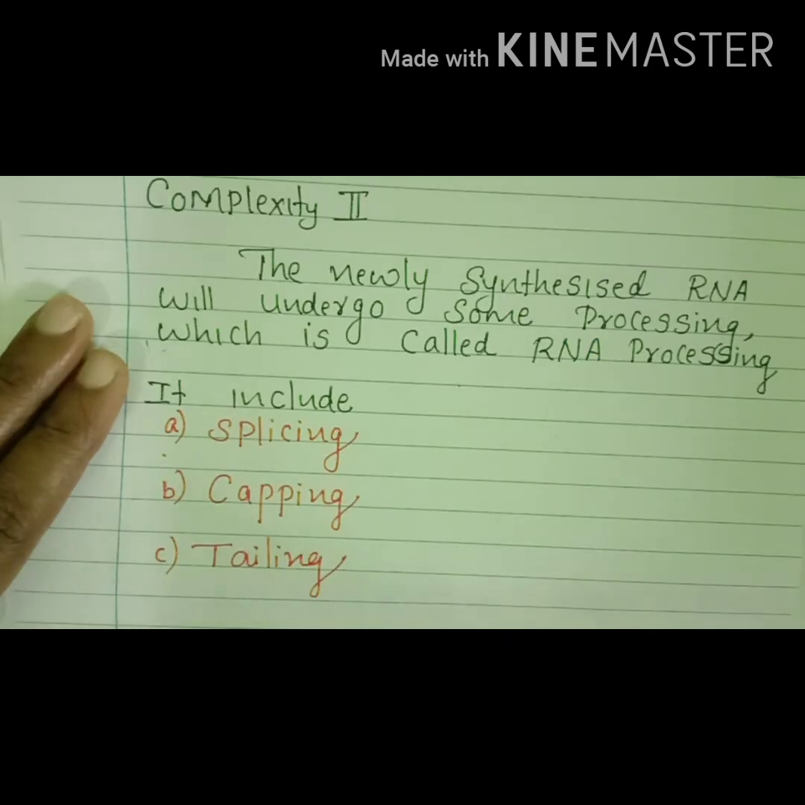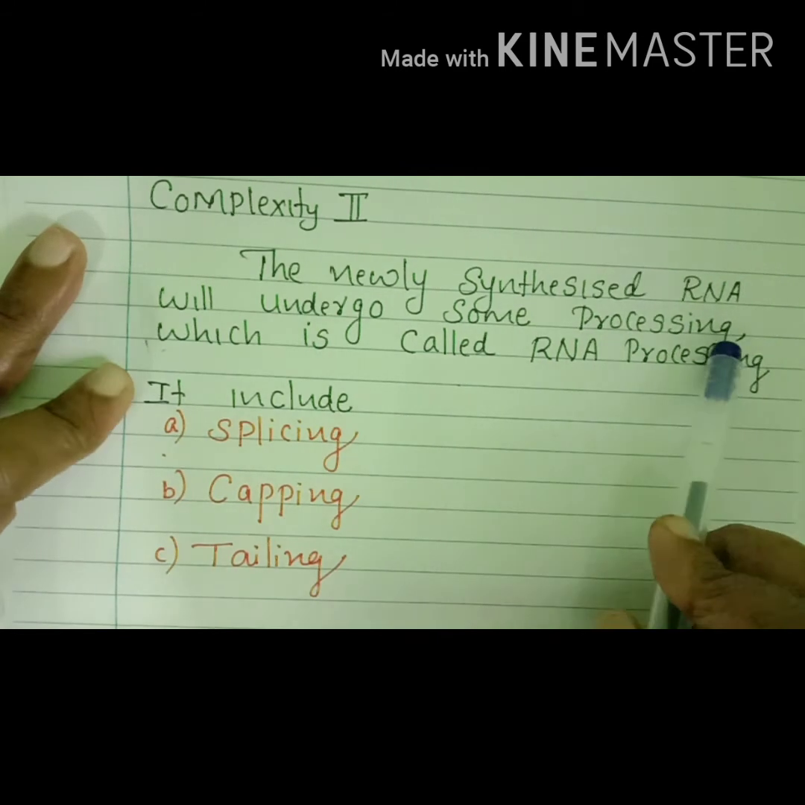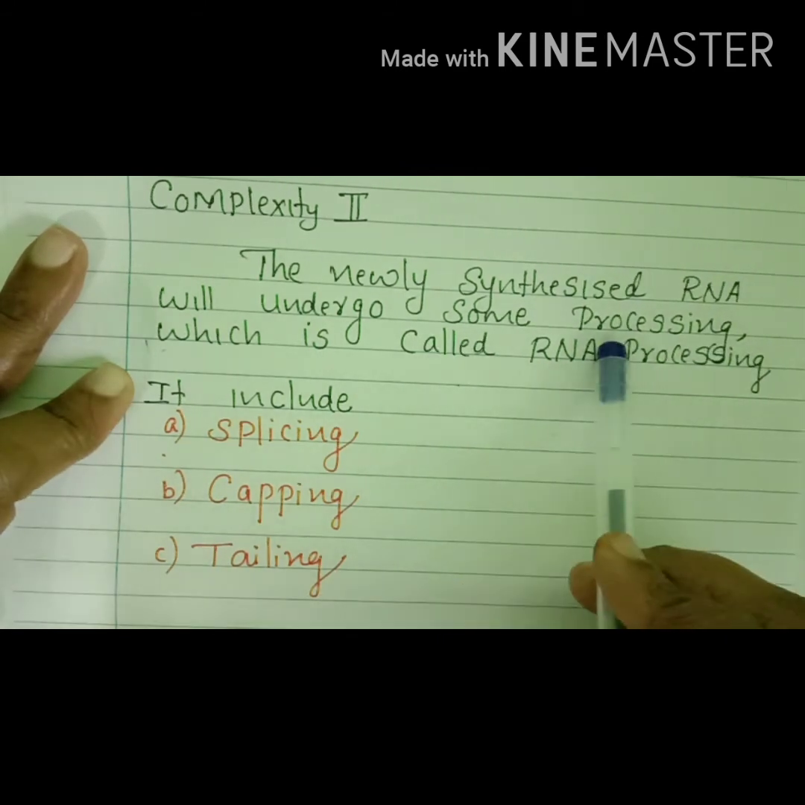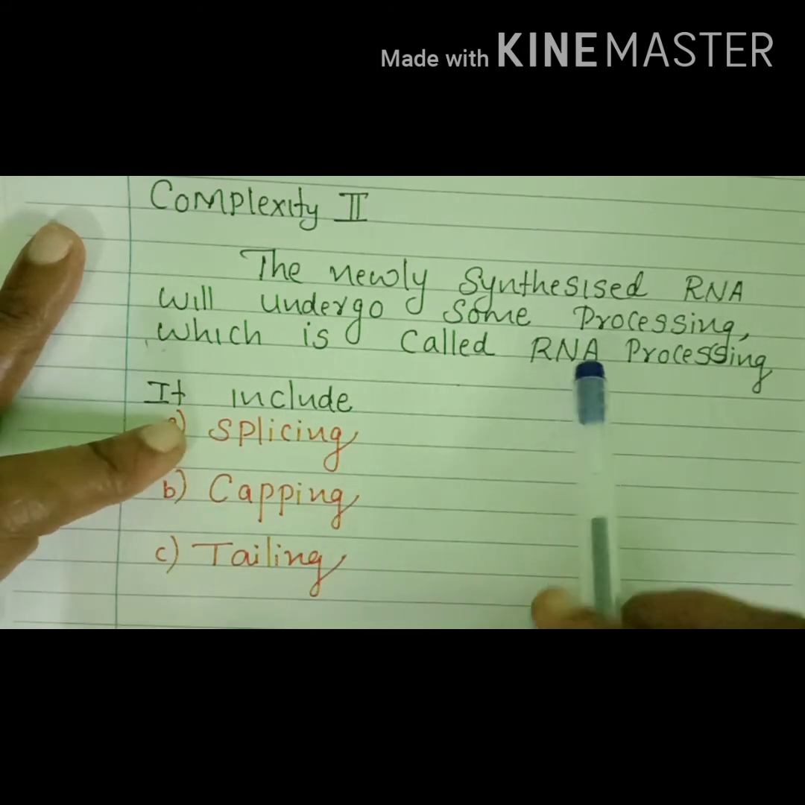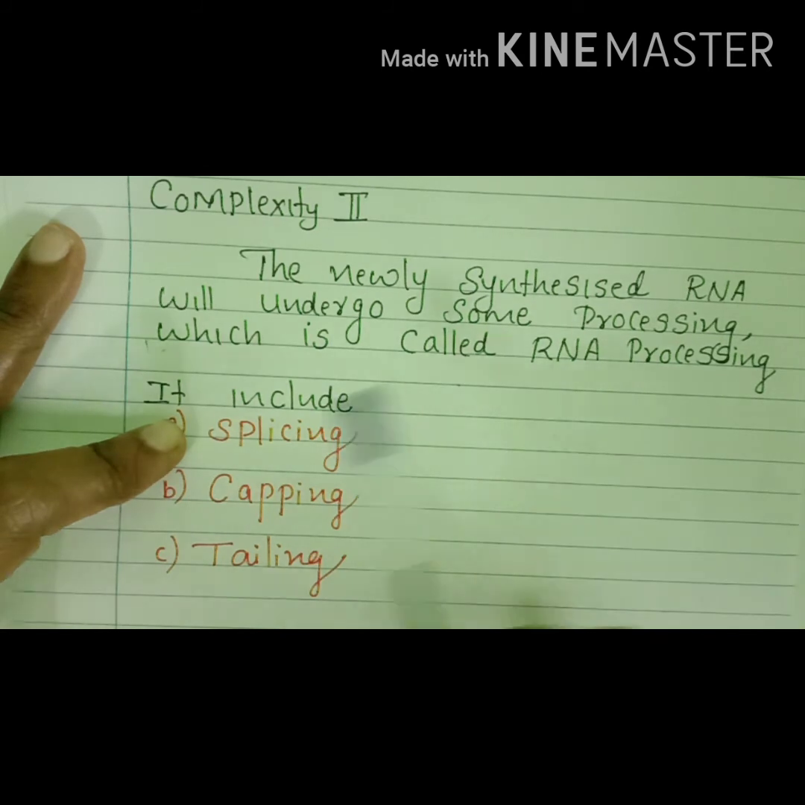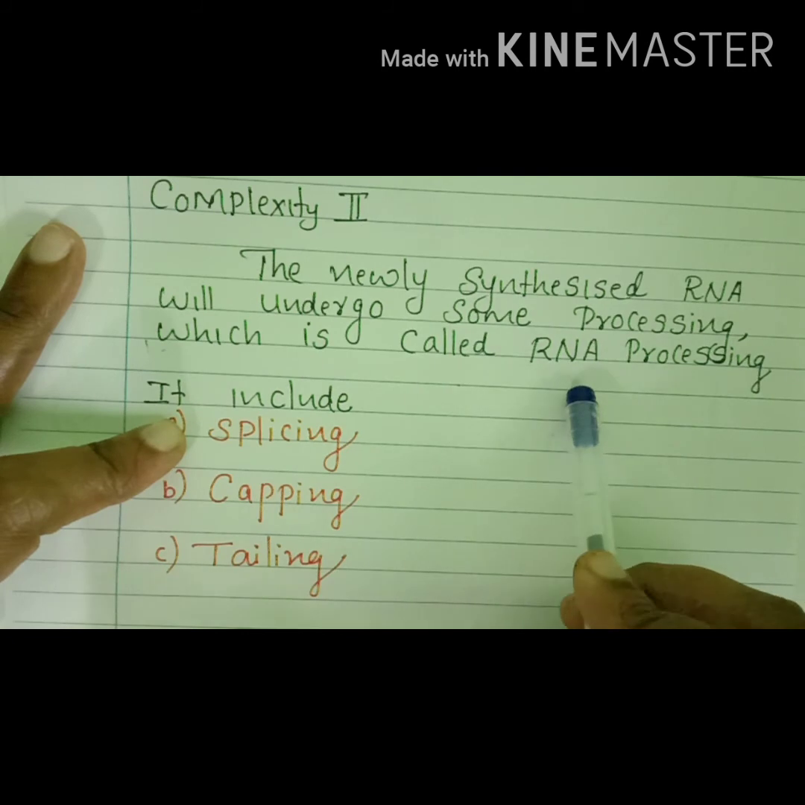Then comes the second complexity: the newly synthesized RNA will undergo some changes or processing. That is called RNA processing. So this RNA processing is not present in prokaryotes. It is present only in eukaryotes. So the newly formed RNA, the primary transcript, will undergo certain changes, that is collectively called RNA processing or